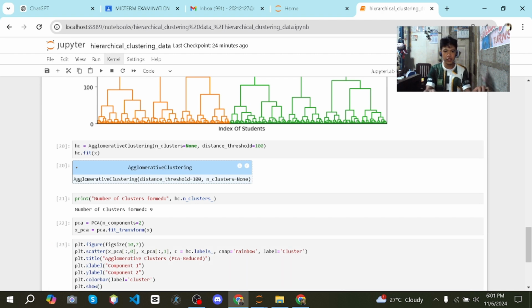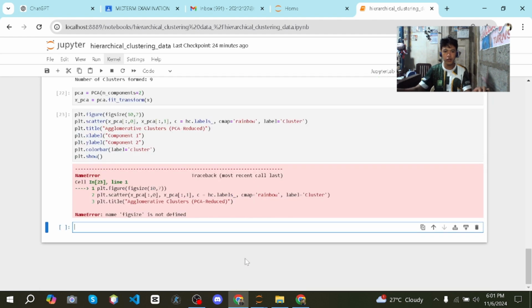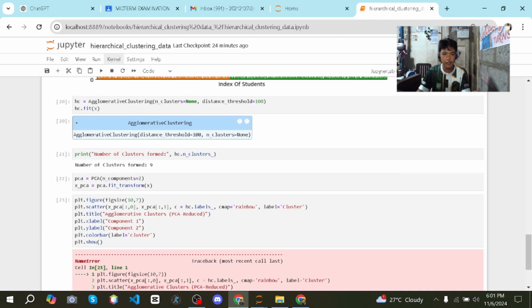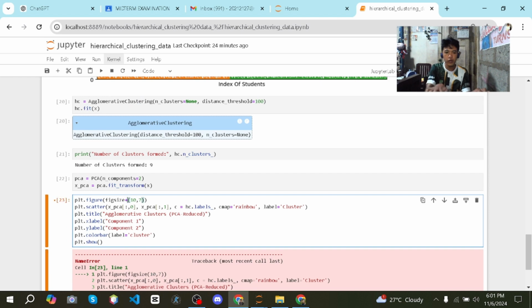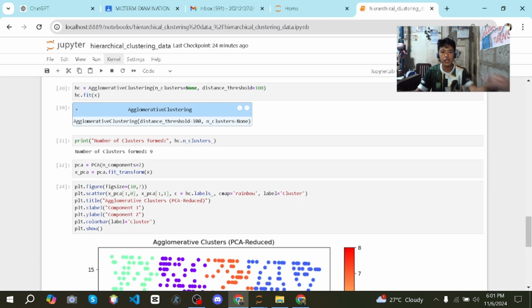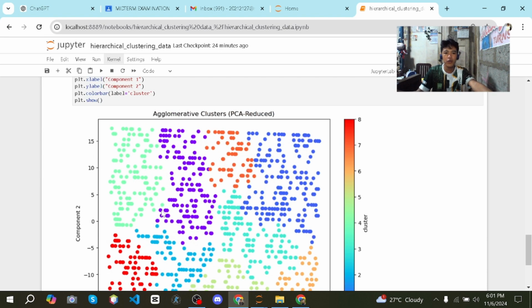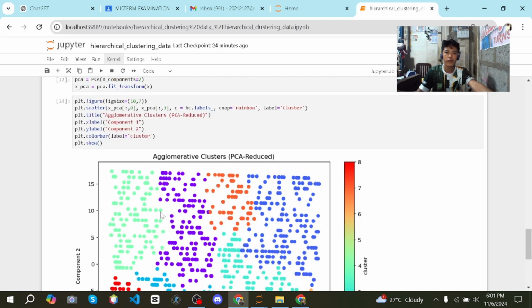So let's try it. Oh, there's an error in the figsize. I forgot to put in an equal sign, so I'm sorry for that. So yeah, here is our